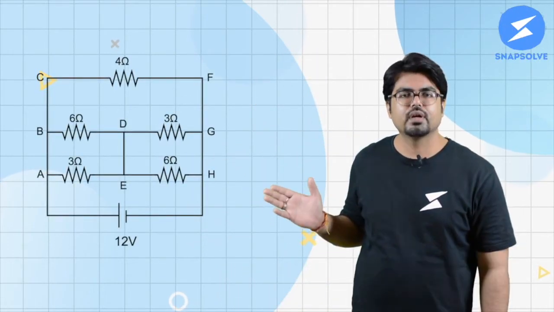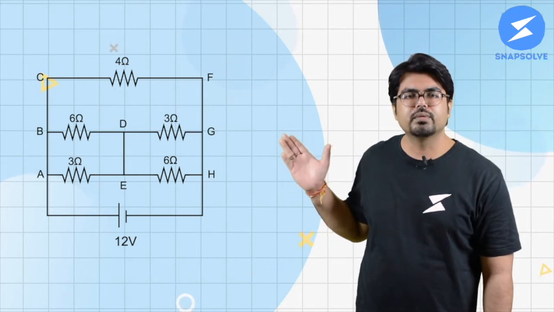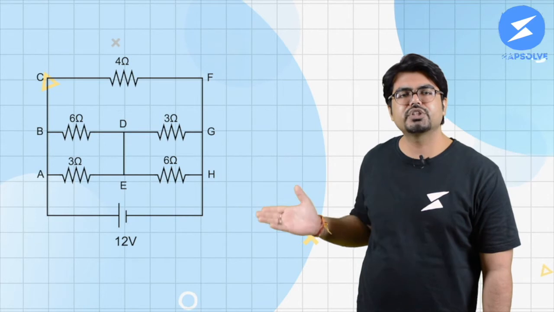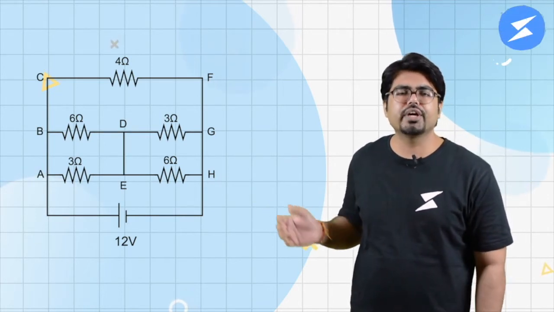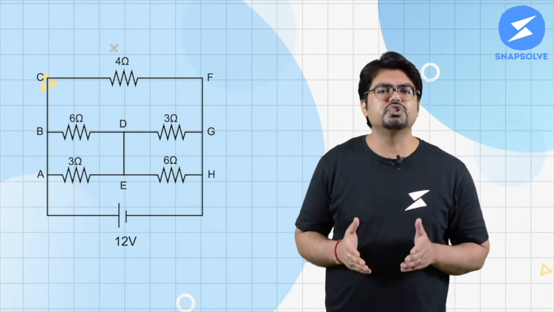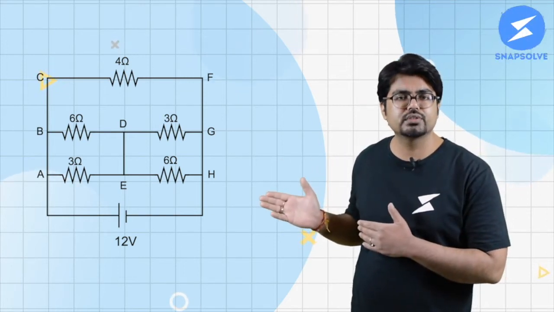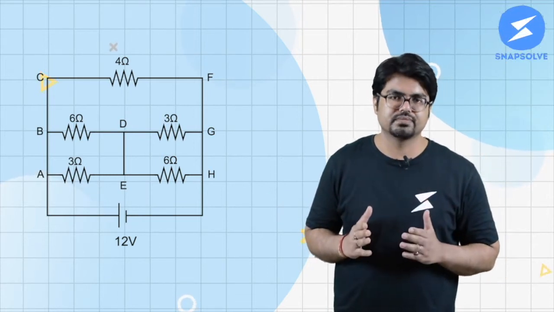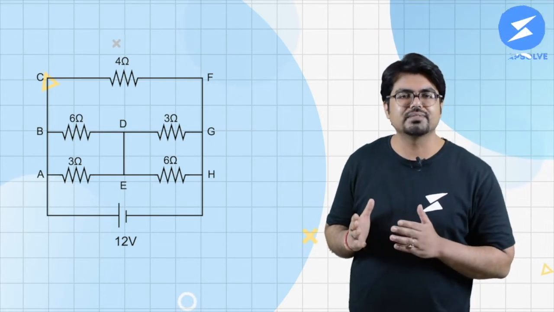Let me show you one circuit like that. Here we have three sections. The upper has a 4 ohm resistor, the middle has a group of 6 and 3 ohm resistors, and in the lower section we have an ideal battery of 12 volts. Could you make out the equivalent resistance value just by using the simple formulas of series and parallel combinations? No, not at all, it's not so simple. I'll tell you a simple procedure to simplify the complexity.